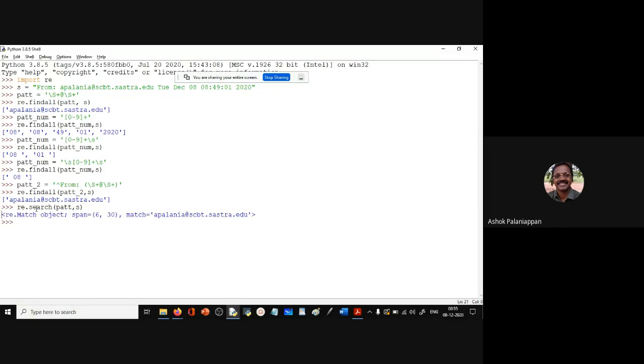So what do we do with the re.search? Sir, can we iterate over it? It is not returning an iterator. It's only matching once, but it's returning an object. So what do we do?